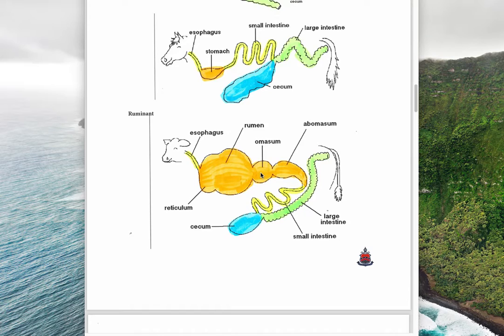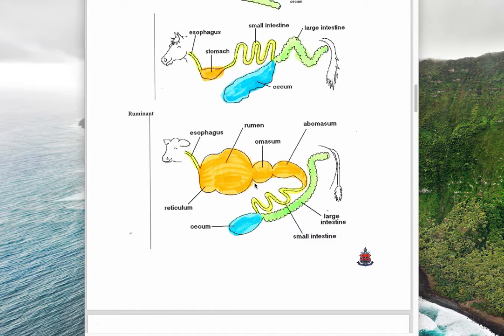The third compartment is the omasum, and the last compartment is the abomasum, and you should remember hopefully that the abomasum is most similar to a monogastric stomach because it has glandular digestion, with enzymes produced by glands breaking things down in there. It also has acid that breaks down and digests the microbes that have made it through to the abomasum. They get killed and digested as protein in the abomasum,